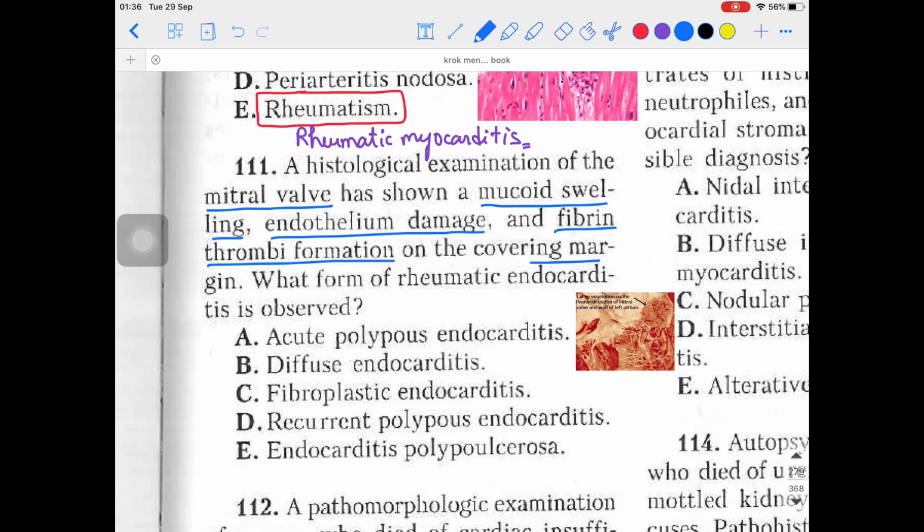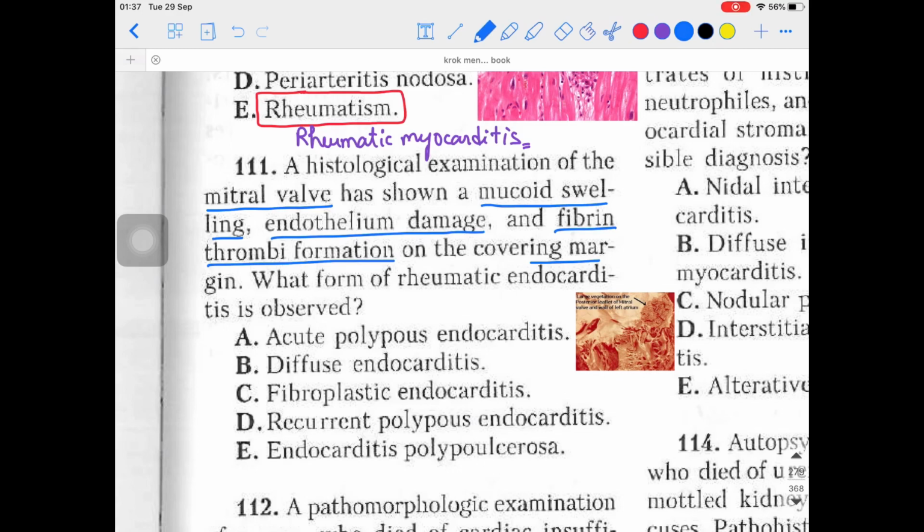Look, whenever we are studying the mitral valve, or if there is some kind of inflammation in the valves specifically, we give that kind of term, that is endocarditis. Okay, pericarditis is the inflammation of the pericardium of the heart, myocarditis is the inflammation of the myocardium of the heart, and endocarditis is the inflammation of the valves of the heart. Now it doesn't matter which kind of valve is involved. For example, it can be the aortic valve, or a mitral valve. I mean that it can be an atrioventricular valve, or it can be a semilunar valve. So that is the endocarditis term, inflammation of the valve.